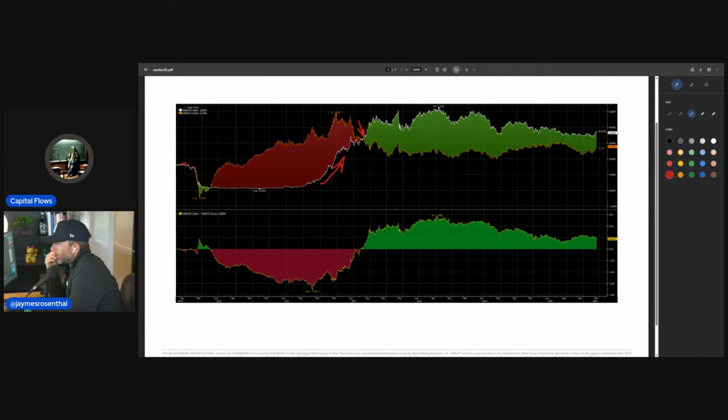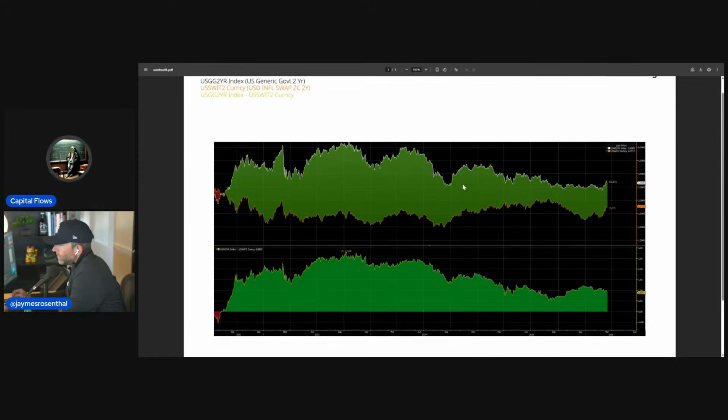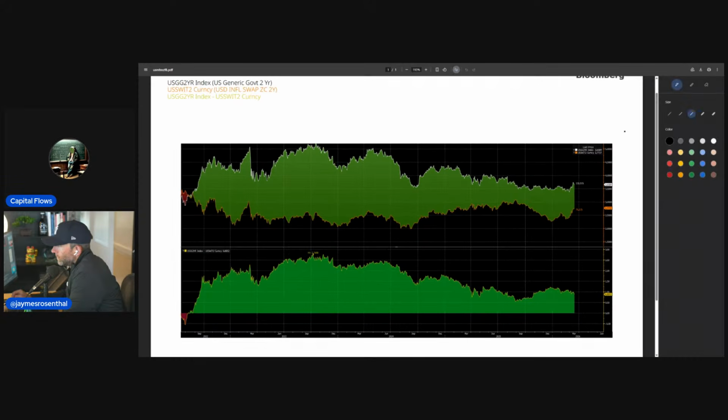Because if you understand the relationship between those, then you will begin to understand why the curve is doing what it's doing and how that impacts macro liquidity. So now we're in a period of time where we have nominal interest rates above inflation expectations, but because growth is still positive over this period, and this is what's making it even harder to understand, if we zoom into these shorter term changes,